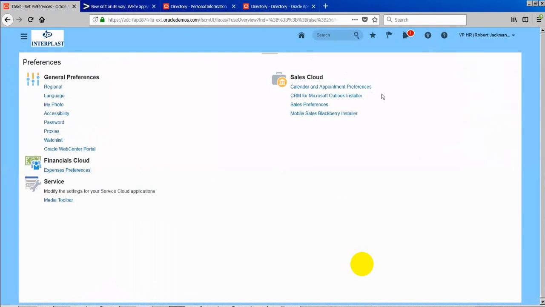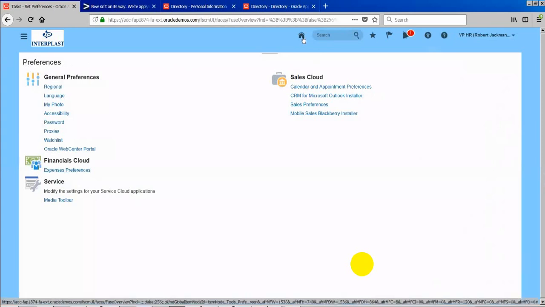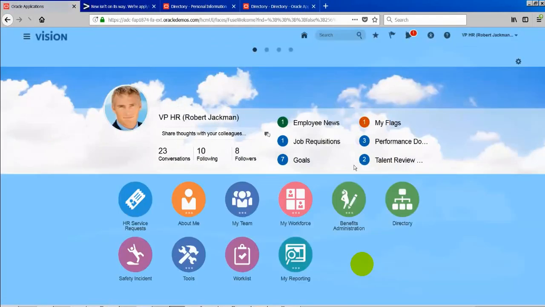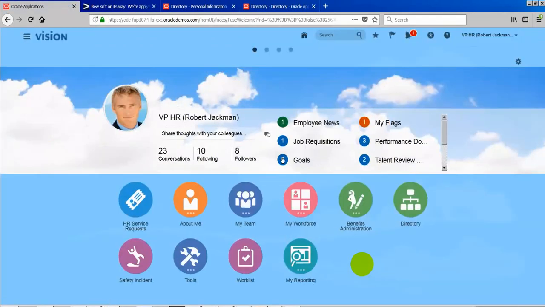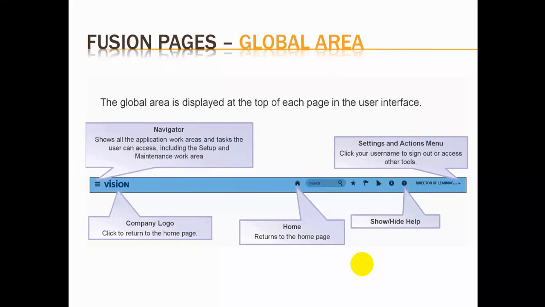Preferences are of two types. One is a global preference, the other is a user level preference. Global preference is the one you set up at the instance level, where you can set what time zone your instance will run in, the global language, the default basic language, the default date format, and the default currency. All those things are called global preferences, and the user level preferences we can also modify. Okay, so let's go back.